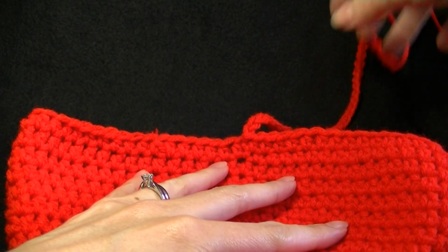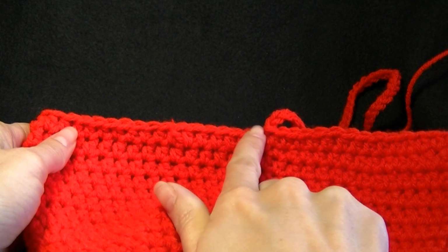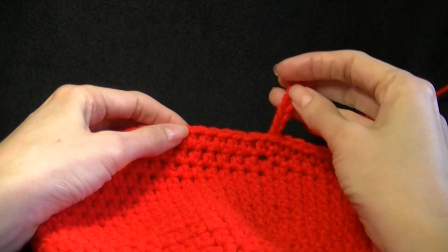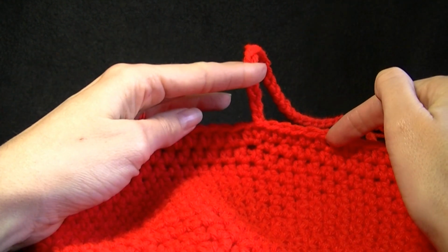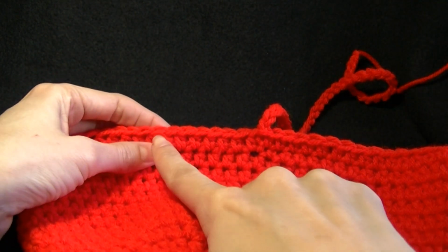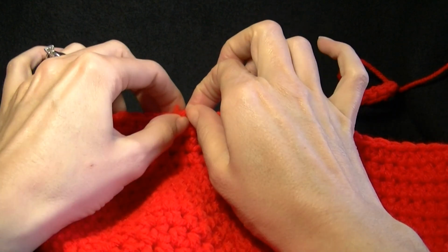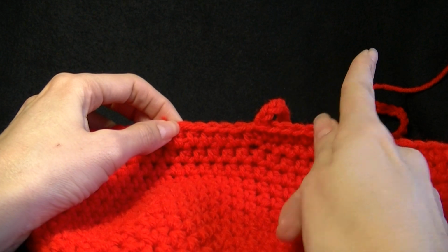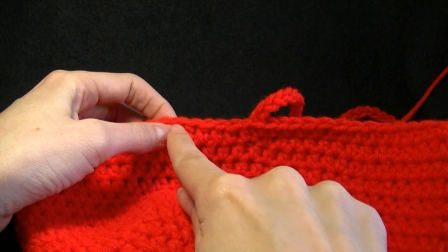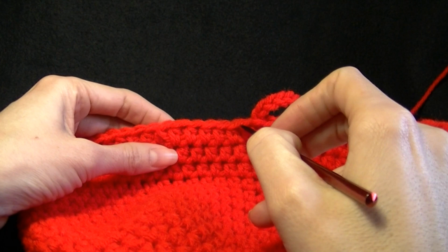So we've got our first chain attached, and we need to add the other chain, but we need to add it on the left hand side of where this chain is. Now I've already added it on the right hand side and filmed it, and it came out wrong because, yeah, this is like take 20,000. So we need to join our yarn on this side so that when we make our chain and crochet back across, we're going to be crocheting around the largest section of the hat rather than this little itty bitty bit. So grabbing your hook, going about 1 inch across,